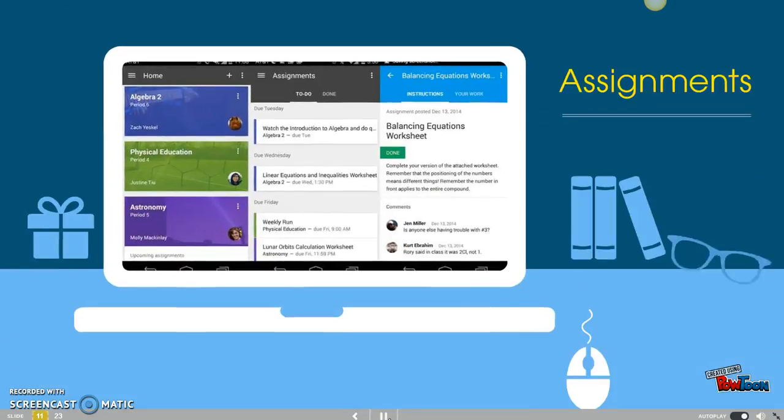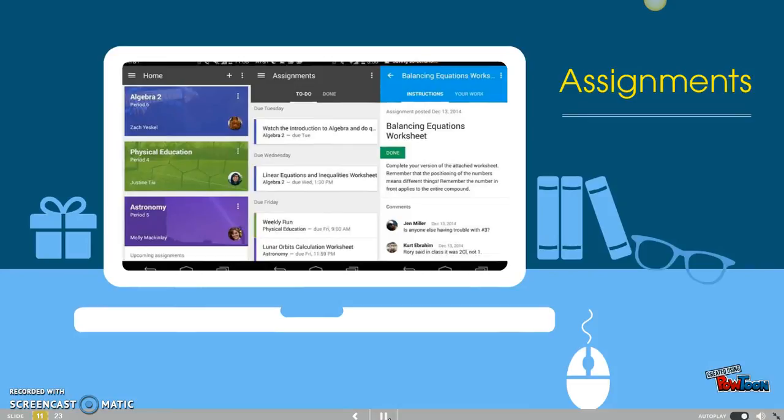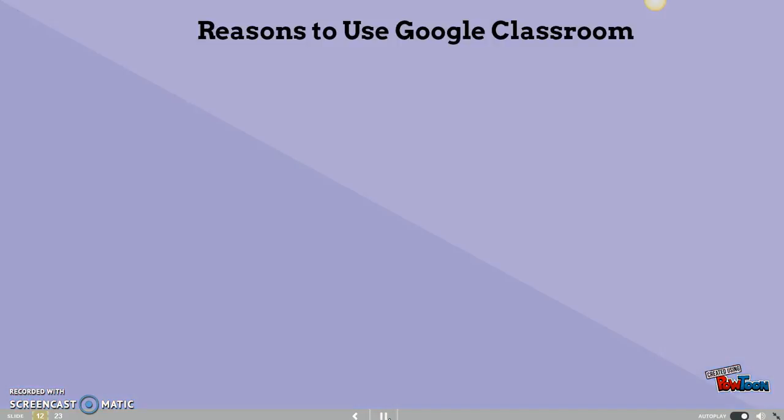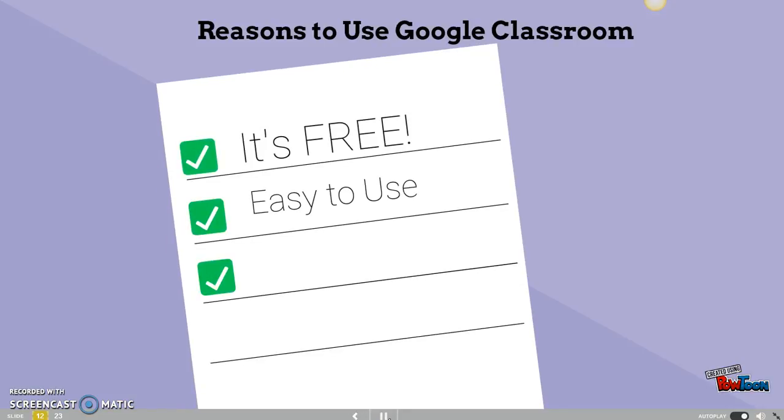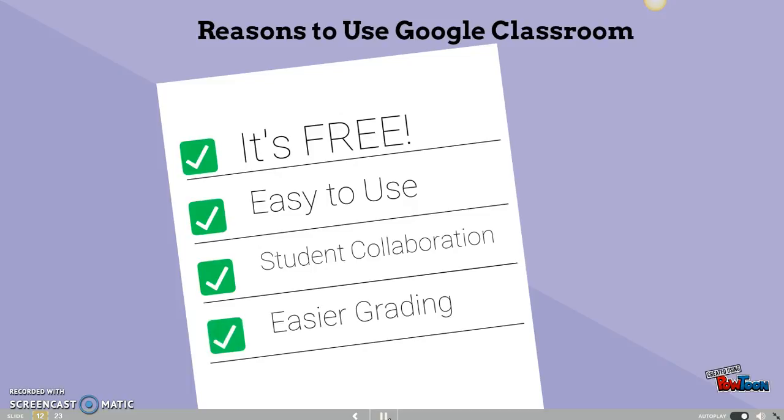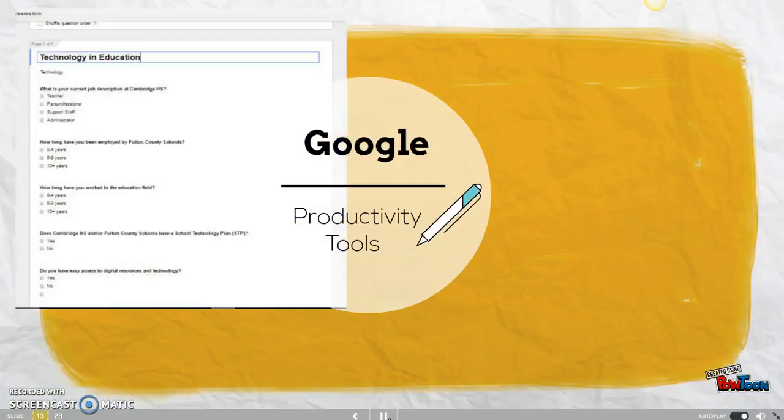Teachers can quickly see who has or has not completed the work and provide direct, real-time feedback and grades right in Classroom. According to Marinello, a great function of Classroom is that you can have class discussions digitally. Classroom helps students to become more active global citizens because it removes the boundaries that the four walls of a classroom instill. Four major reasons to use Google Classroom include it's free, easy to use, student collaboration, and easier grading. And according to Statuki, Google Apps for Education has allowed schools to develop a creative and collaborative environment that allows students to be successful in the 21st century.